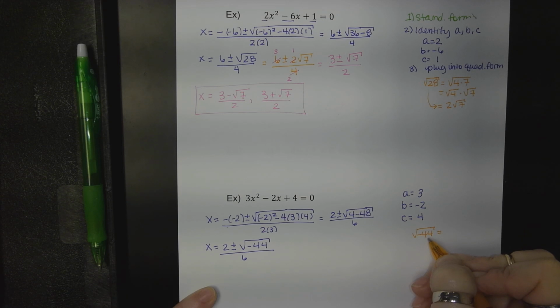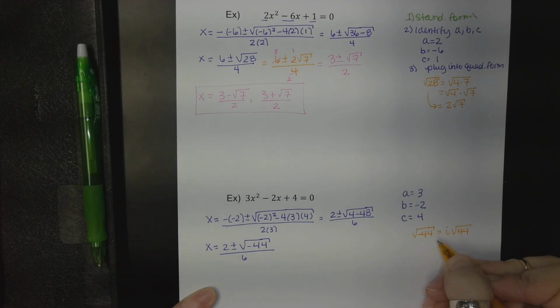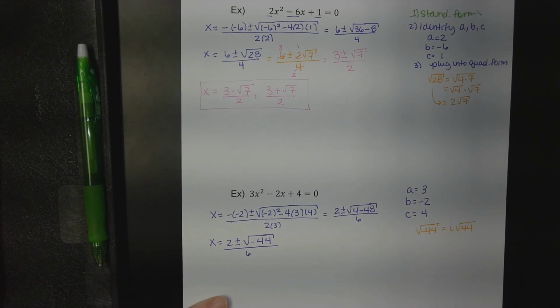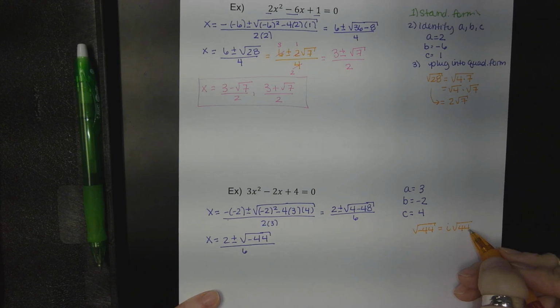We have a negative underneath. We could automatically pull an i out, and that's going to be i square root of 44. Remember, the square root of negative 1 equals i when it's under a radicand. So now we have i